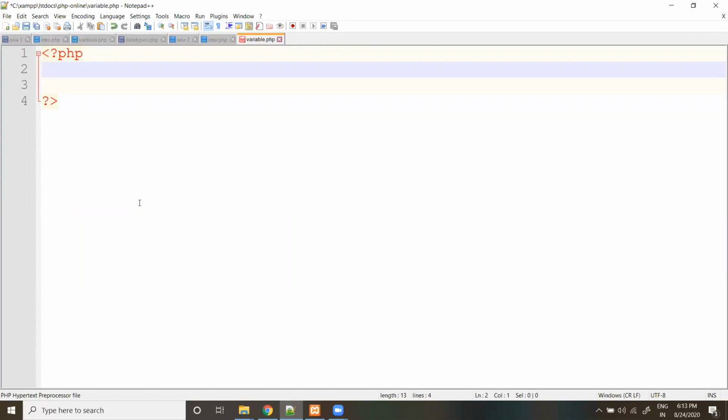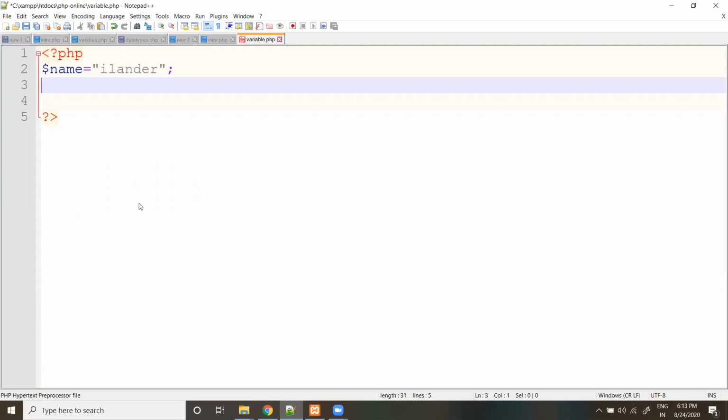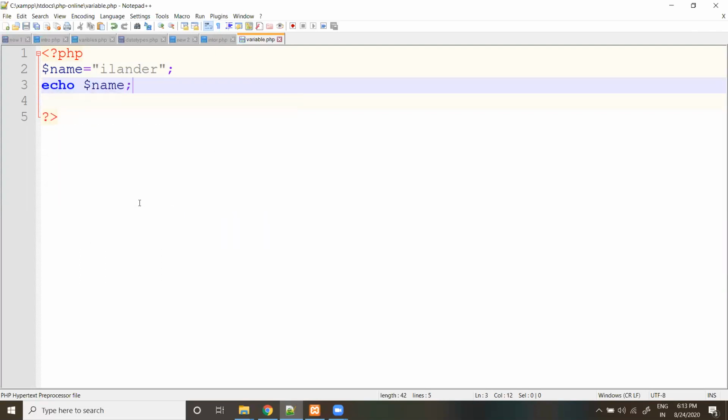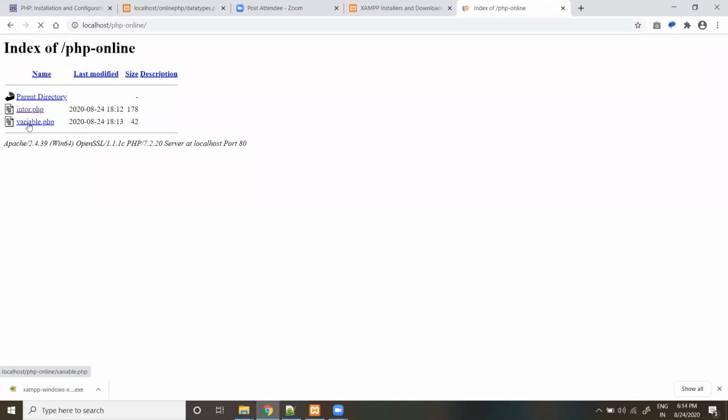In PHP, if you want to declare a variable, it should start with a dollar sign. So start with the dollar sign and then the variable name. I have a variable like Islander. And if you want to print this variable, echo dollar name, and it automatically prints the name, right? Just execute this file, variable.php. See here, Islander.